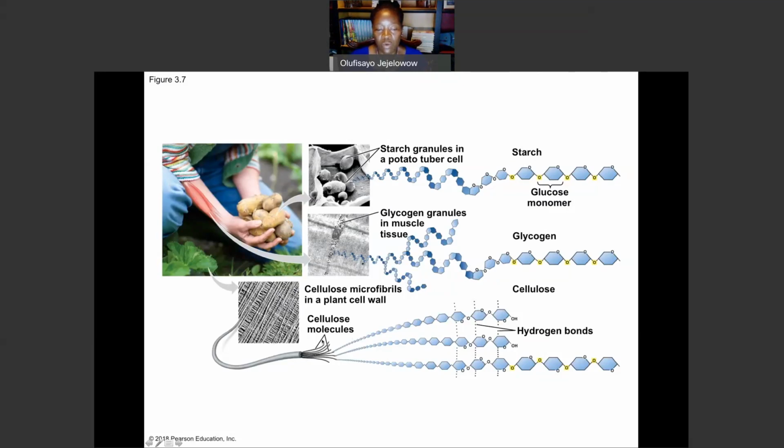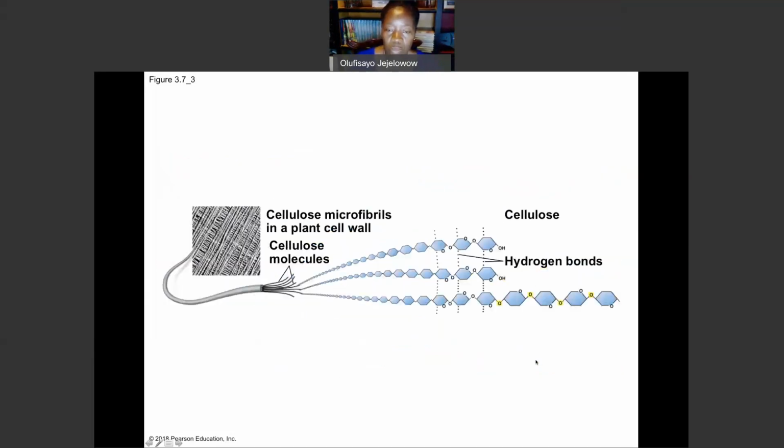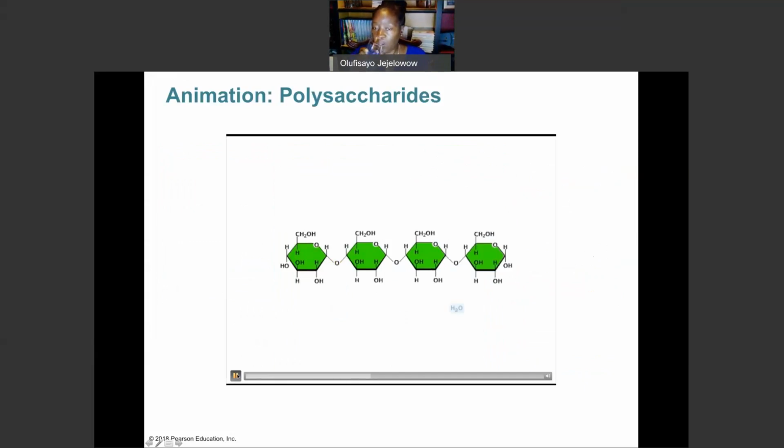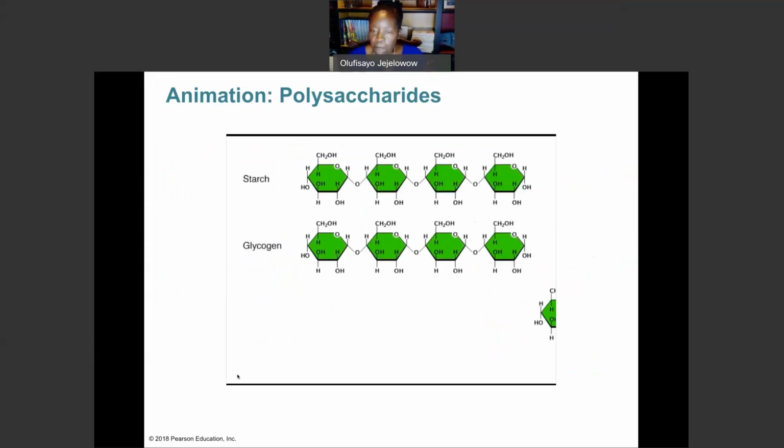walls. And you can see one fiber, two, three, four, and each fiber is a long stretch of a polymer of glucose. Then they hydrogen bond with one another and wind around one another to form the fibers of the cellulose. So the structural arrangement of the molecules is very, very important in function. Polysaccharides are polymers, long chains consisting of hundreds to thousands of linked monosaccharides.